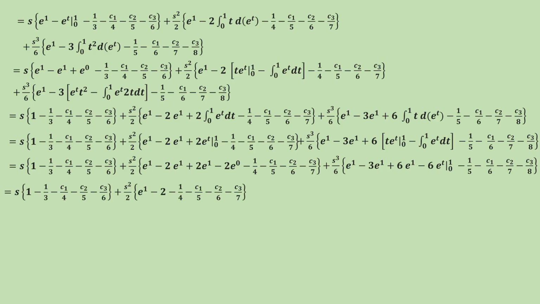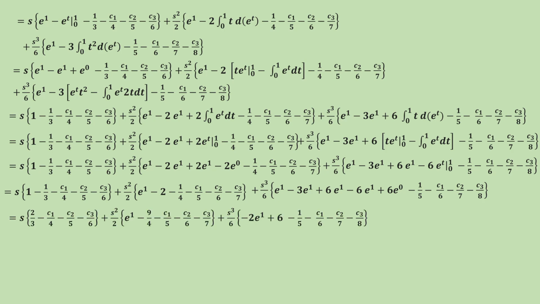So s into 1 minus 1 by 3 minus c1 by 4 minus c2 by 5 minus c3 by 6 plus s square by 2 e power 1 minus 2 e power 1 plus 2 e power 1 get cancelled, e power 0 is 1, so minus 2 into 1 minus 2 minus 1 by 4 minus c1 by 5 minus c2 by 6 minus c3 by 7 plus s cube by 6 e power 1 minus 3 e power 1 plus 6 e power 1 minus 6 e power 1 plus 6 e power 0, substituting upper and lower limit here, minus 1 by 5 minus c1 by 6 minus c2 by 7 minus c3 by 8, which is equal to